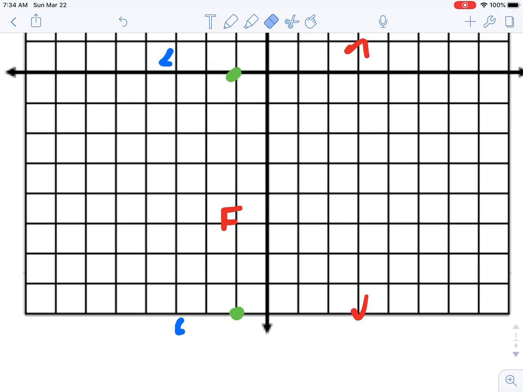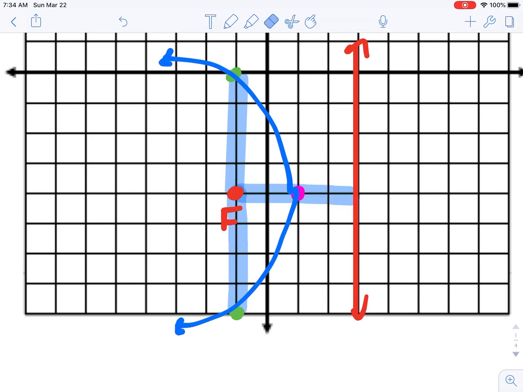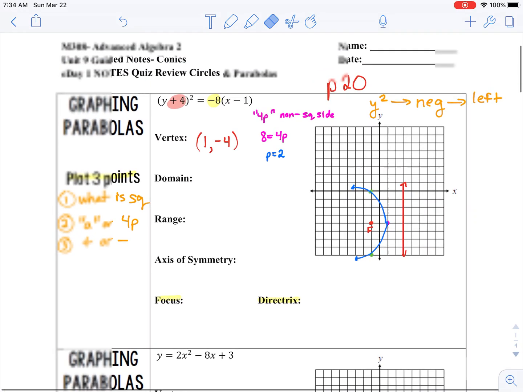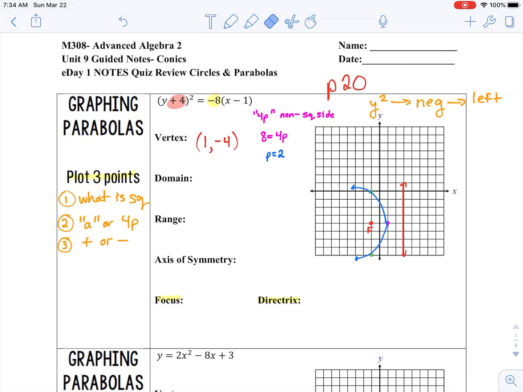So the T is really not there. Erasing too much here. So the T is really not there, but it does help us guide and create the width of our parabola. So now that you have your picture made, it's going to be much easier to go back and answer these